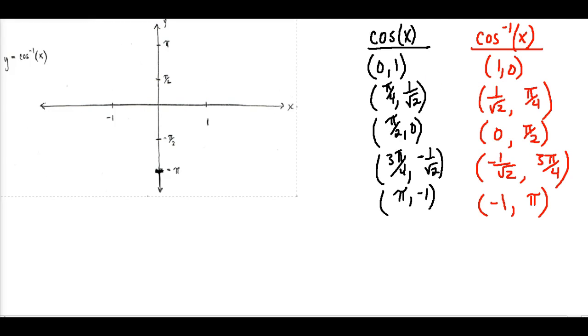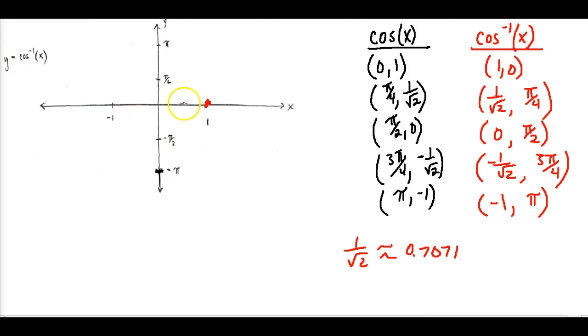All right, so now that we have our inverted axes, our x-axis now looks like the y-axis in the previous graph of cosine x, and now our y-axis now looks like the x-axis in the previous graph. So all we're going to do is plot these points. So we start off with 1, 0 here. So let's go ahead and plot this now. So we have 1, 0. Now we have 1 over square root of 2, pi over 4, and 1 divided by square root of 2 is approximately equal to